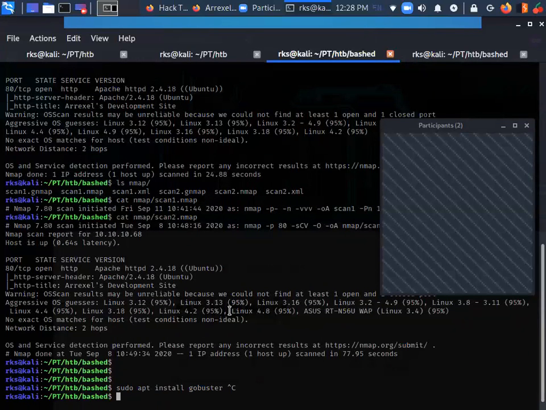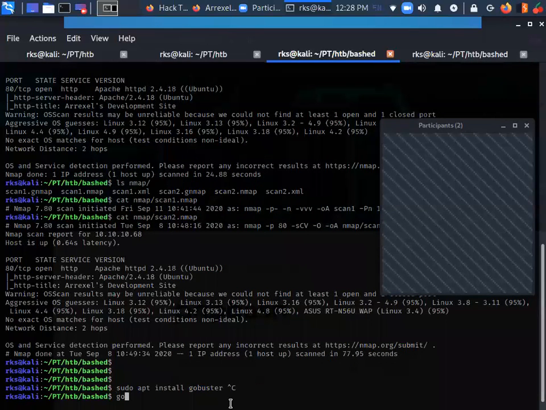This is the command that you need to use. Just press enter. I already have it installed, so I pressed Control plus C. For you, you need to press enter and this is going to be installed. Once this is installed, you can use the tool.